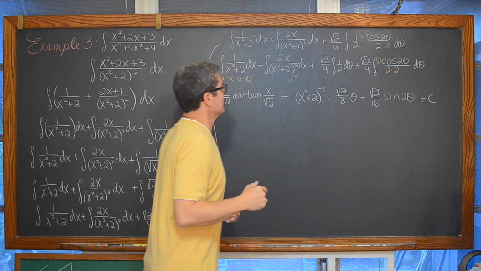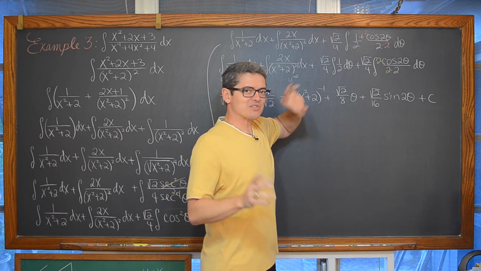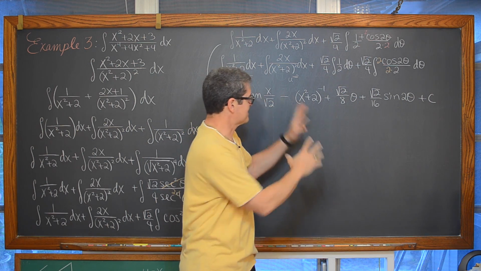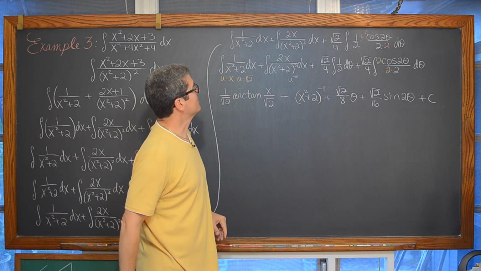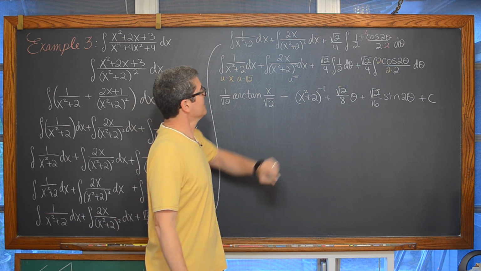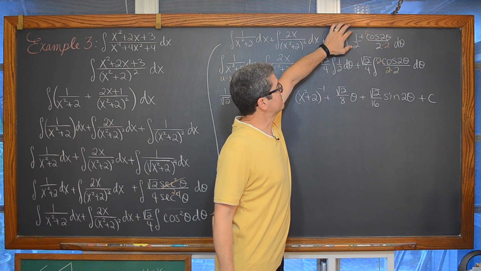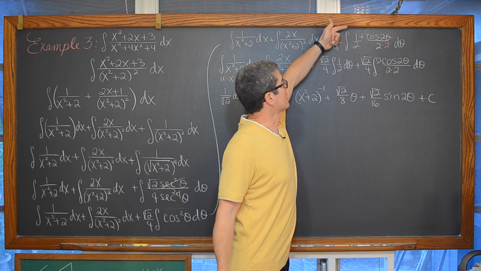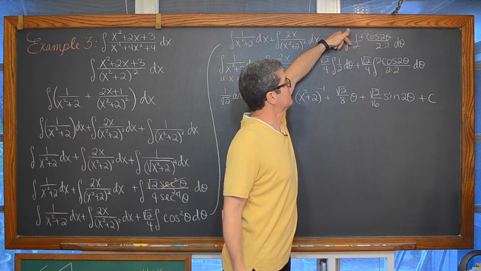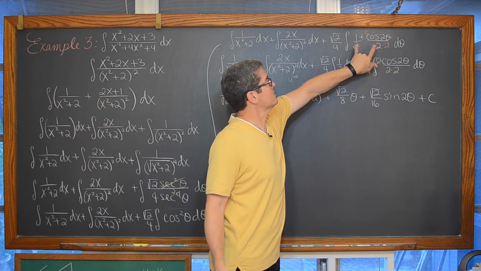Okay, let's try this again. I just want to make sure I didn't make any small mistakes and carry it through to the end and let you have a flawed lesson. We have the square root of 2 over 4 times the indefinite integral of, basically what was one term, 1 plus the cosine of 2 theta over 2. But we separated that.